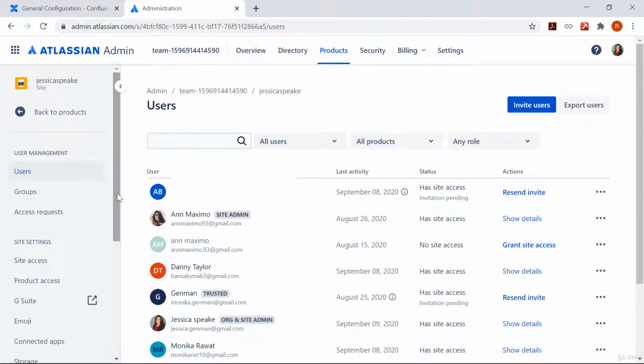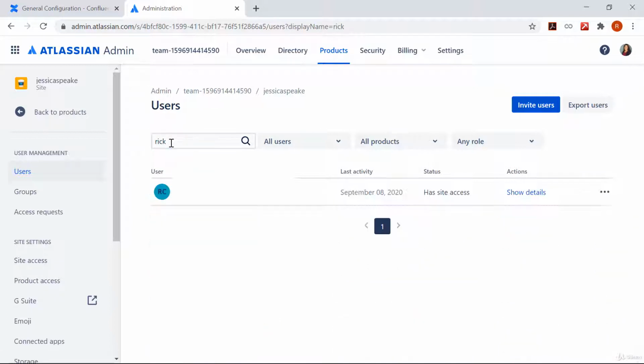Let's first start with searching for users. When we want to add users to certain groups, spaces, or do anything that has to do with permissions, we have the option to search for users. To search for a user, type some information about the user into the search box under the users page. So let's search for Rick Cartman. You can use any part of the user's information, like username, full name, or email address, to search for that user. Confluence will then return a list of matching users. You can click on the user link, like we did earlier, to perform any action or for information reference.